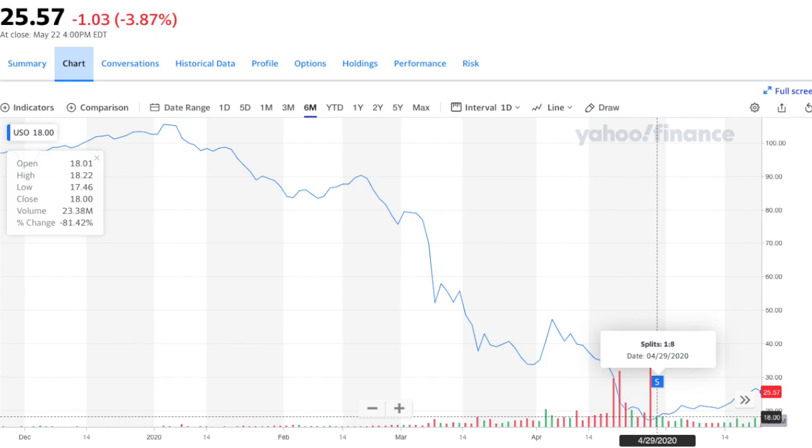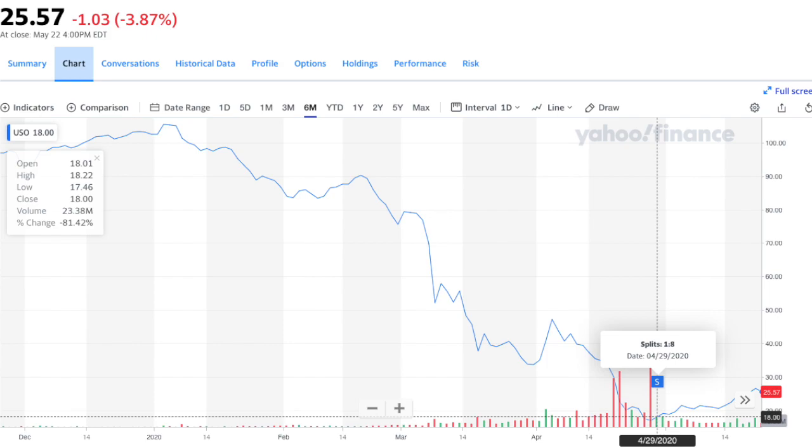So the stock opened that day at around $17 per share. However, right now it's trading at around $26 per share. Unable to physically buy oil and store it somewhere at those very crazy low prices, retail investors found a better way to invest in oil markets. They started investing in USO Fund. By investing in USO Fund, they had kind of a direct exposure to oil markets.